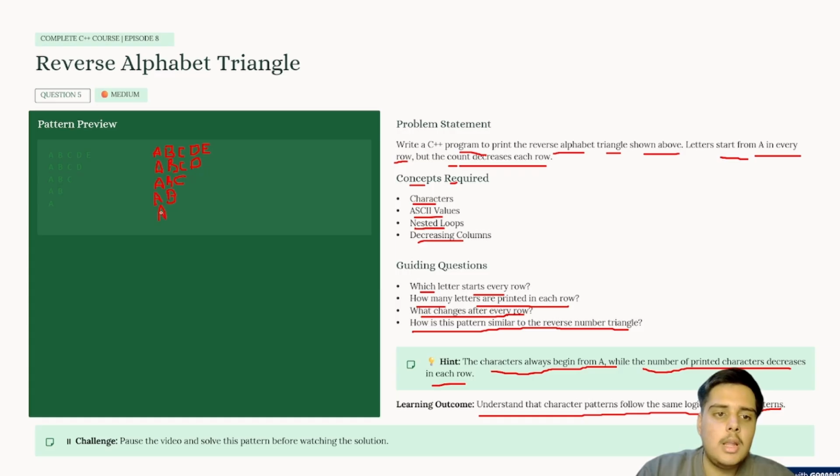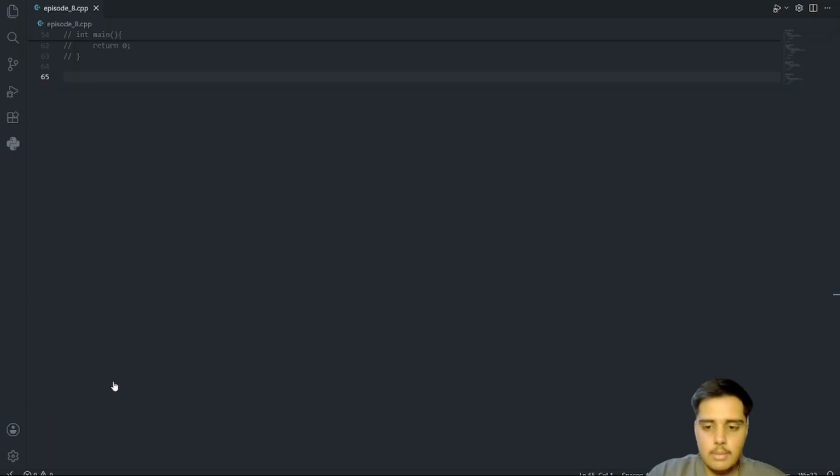It's a similar one, but also requires logic. So this is the pattern. So I hope you have paused the video and tried it yourself also. If not, you can still do it. And now I am coming to my VS Code screen.